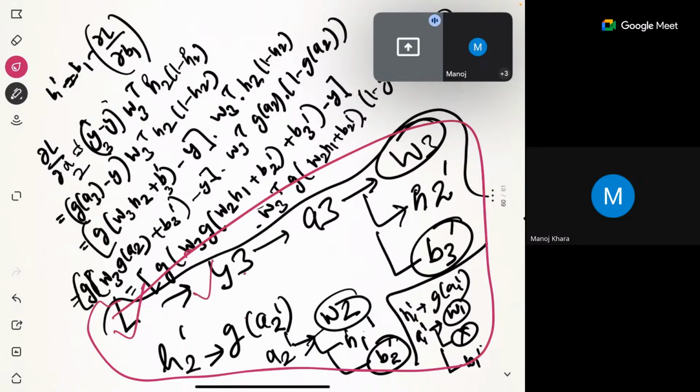To get y3, I need a3. Because y is dependent on a3, y is equal to g of a3 or something like that. So to get a3, I need w3, h2 naught, and b3 prime, because these three parameters help me get a3. I already know w3, I already know b3 prime, but I don't know